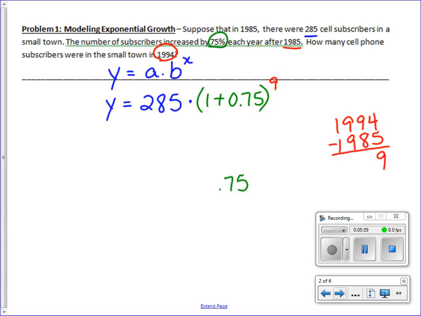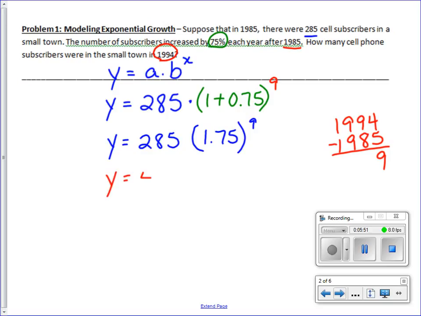All right, so let's rewrite this. We have y equals 285. Putting our growth factor together, we have 1.75, and we're going to raise it to the 9th power. So grab your calculator, and once again, please try this to make sure that you get the same answer that I do. And if you don't, then we need to talk about why that is. All right, so we're going to take 1.75 and raise it to the 9th power. And that gives us y equals